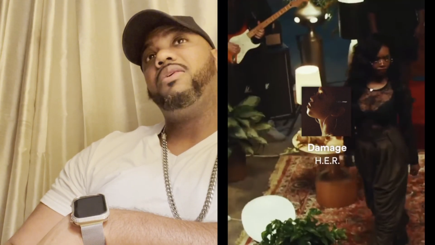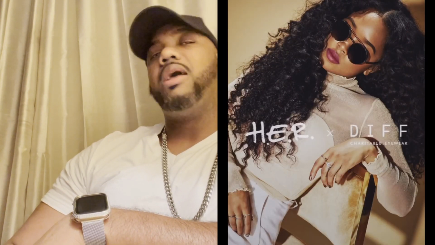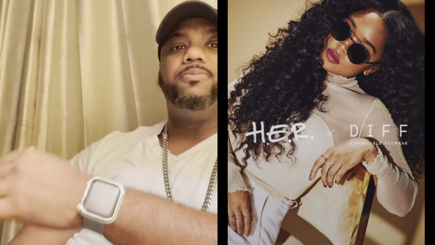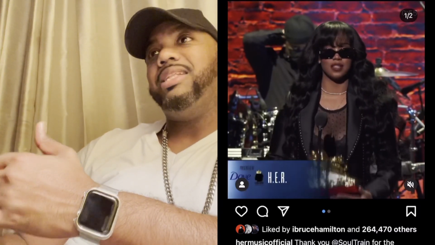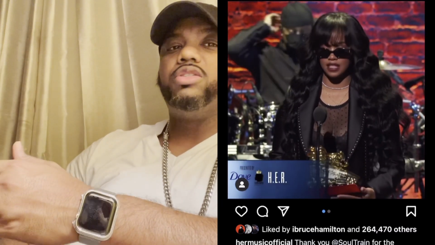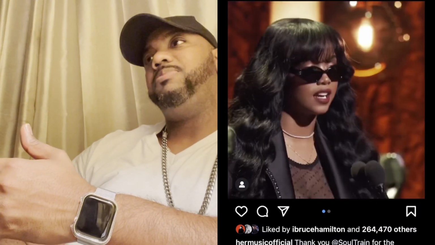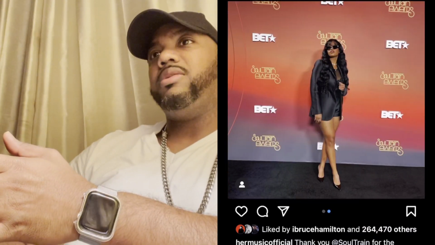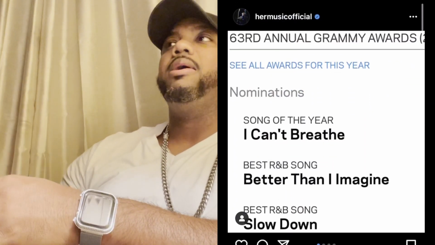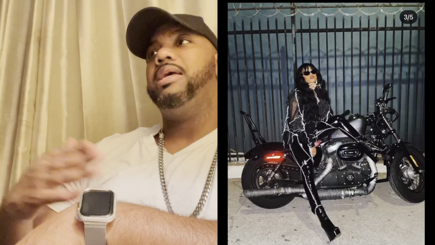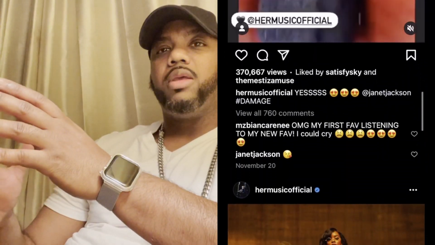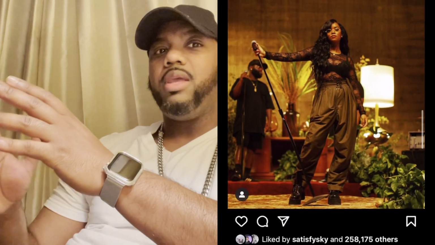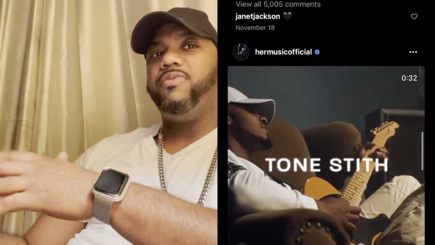What I noticed about the song that caught my attention is the structure. A lot of artists, I feel like that's a lost art. Also, the type of R&B that she was doing is a lost art. And the reason why I say that is because a lot of artists now do music with no structure, meaning that the way I was taught to do music is that most songs have an intro, a hook, and the verses that go with the hook.